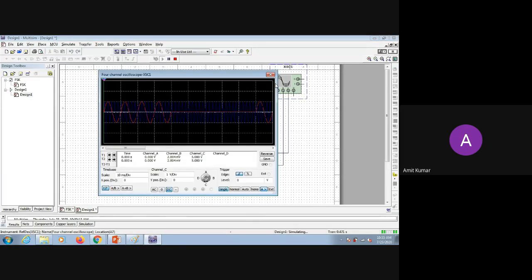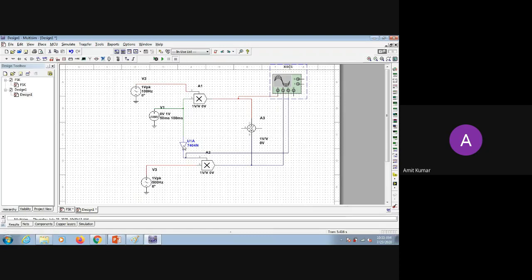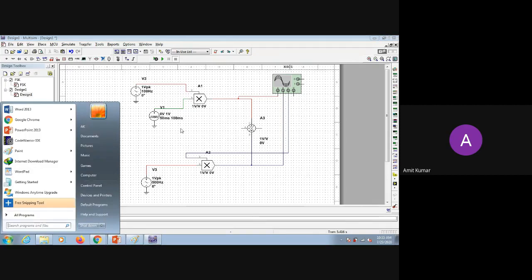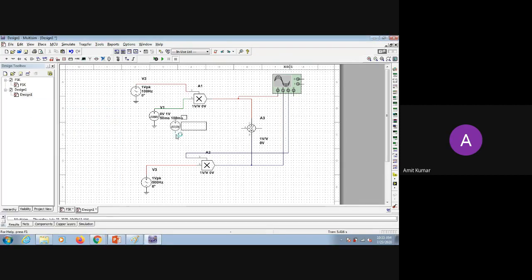So the data will not be inverted. This time we will see what is happening. If you see, this is always 1, so that's why there is an issue. What we do is, instead of using this inverter, we will apply a signal which is similar to this one, but it is having an inverted output.